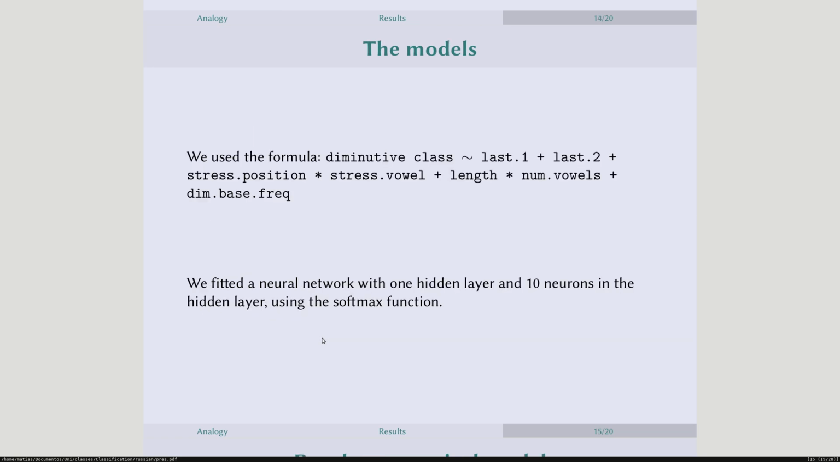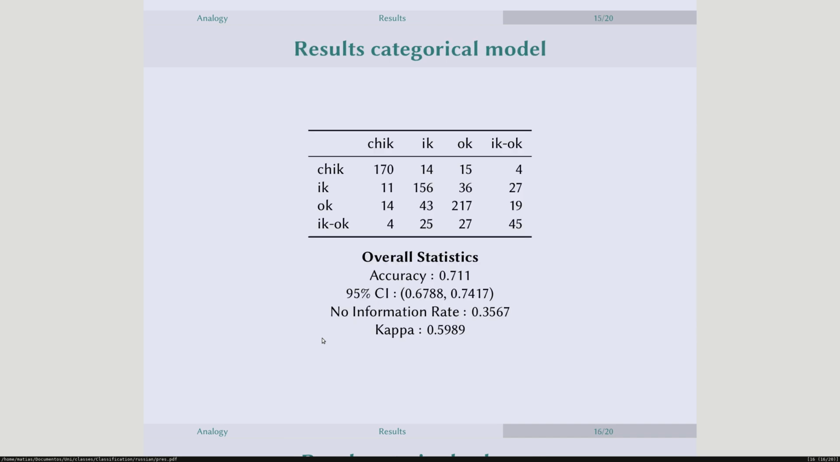So we fitted the model. It's a neural network, a very small one, and it works surprisingly well. These are the results. We get an accuracy of about 0.7, which is much higher than the no information rate, much better than Guskova's model. And something very interesting happens here, which is, if you look at the confusion matrix, and particularly at